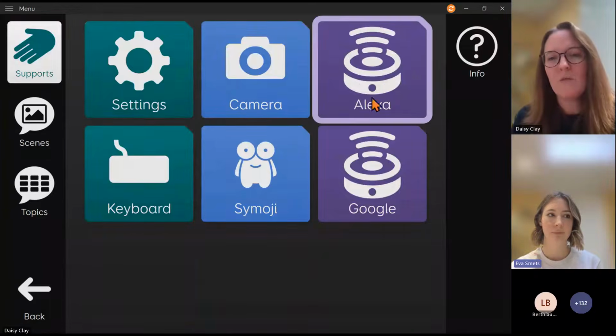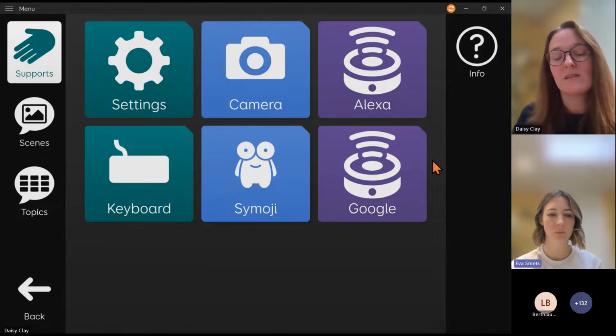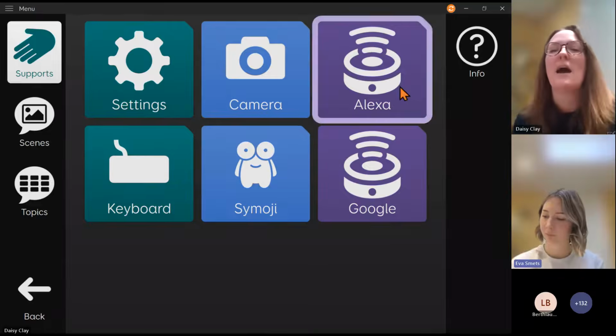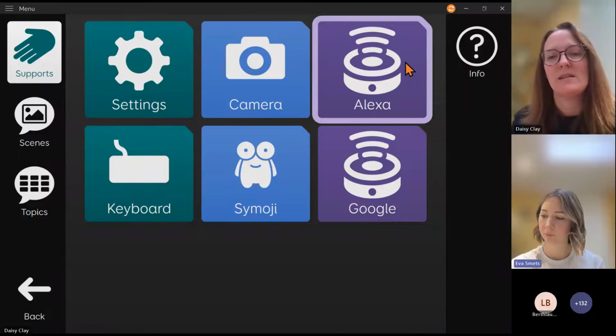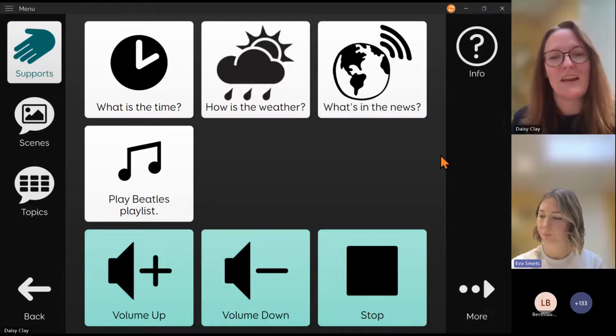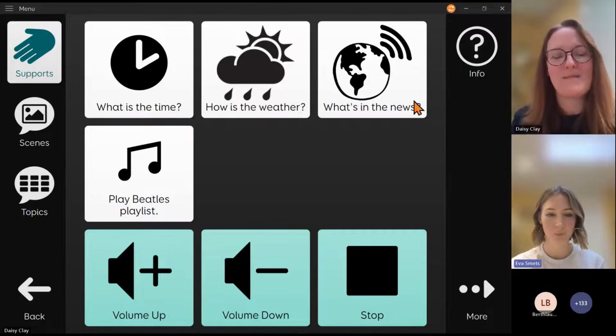So that's emoji, and then we've also got a couple of smart speaker grids. So really common now for people to have smart speakers in their homes, and it can be a nice way to interact with those. So Alexa. I haven't got an Alexa in this room, so I'm not going to set that off. But yeah, you've got some phrases here, and that's just a word list.